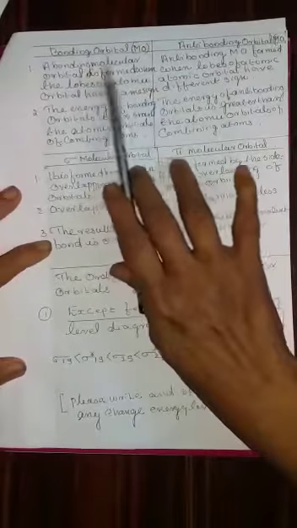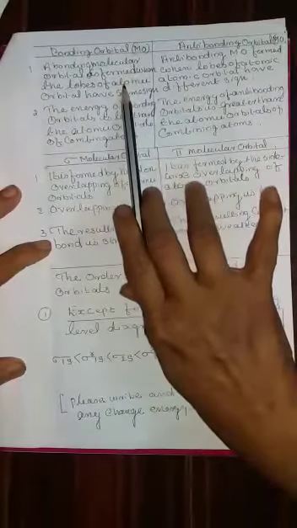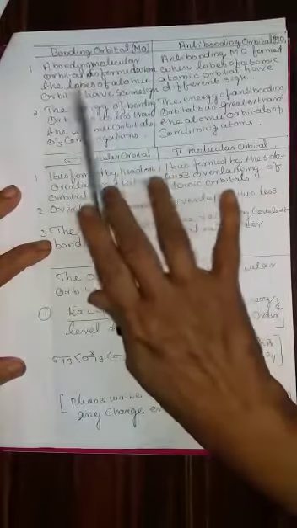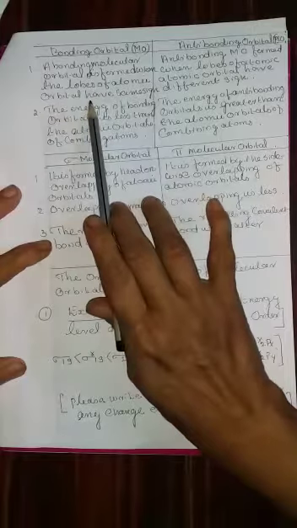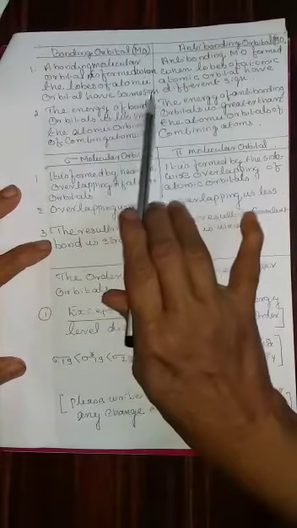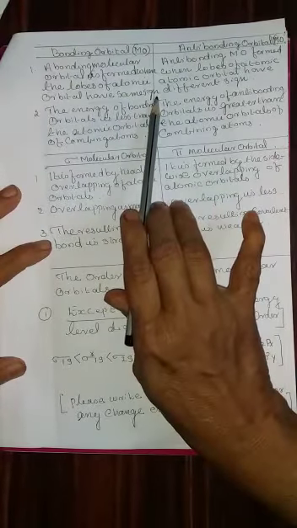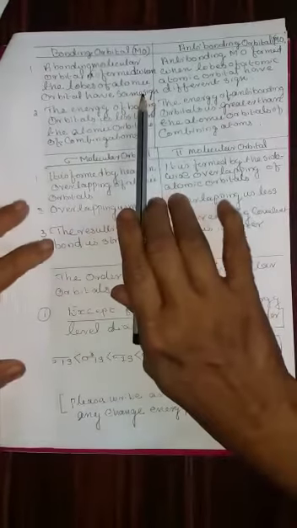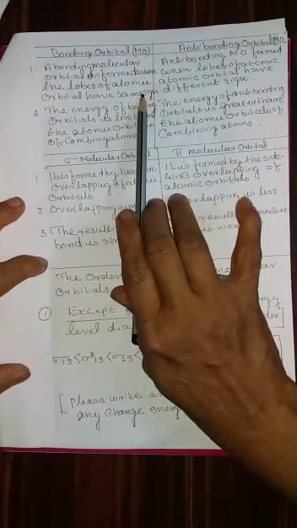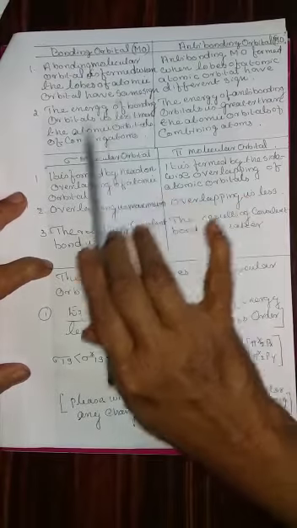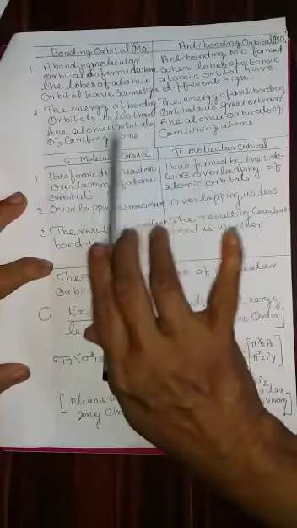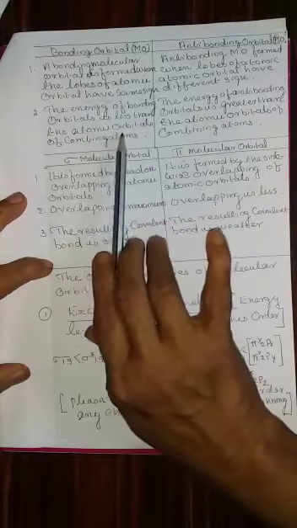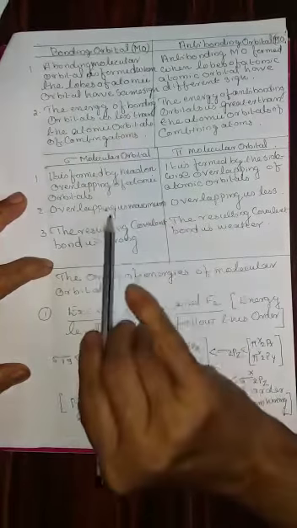Therefore, let us see first what are the characteristics of bonding orbital. A bonding molecular orbital is formed when the lobes of the atomic orbitals have the same sign, that is crest and crest joining together. That results in the formation of a bonding orbital, having plus and plus, the same sign. Second, the energy of the bonding orbital is less. That is why we always represent the bonding orbital at a lower level than the atomic orbital.